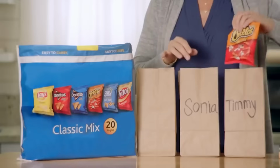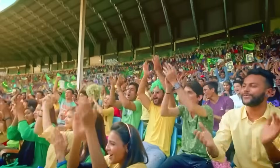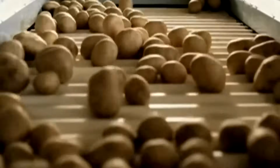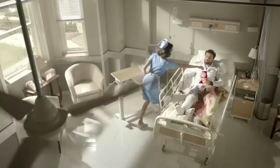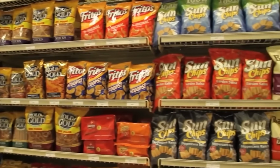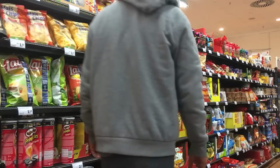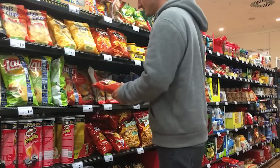The journey of Lay's chips does not stop at store shelves. Consumer feedback plays a vital role in shaping future production decisions. Lay's has dedicated teams that analyze purchasing trends, customer reviews, and market demands to determine which flavors and varieties are most popular. This data influences everything from production volume to regional flavor innovations, ensuring that Lay's continues to evolve with consumer preferences. In some cases, limited edition flavors are introduced based on feedback, with certain varieties becoming permanent offerings if they prove successful. As technology advances, Lay's continues to refine its production methods to improve efficiency, reduce waste, and enhance